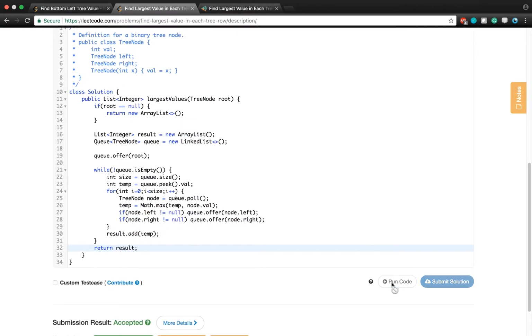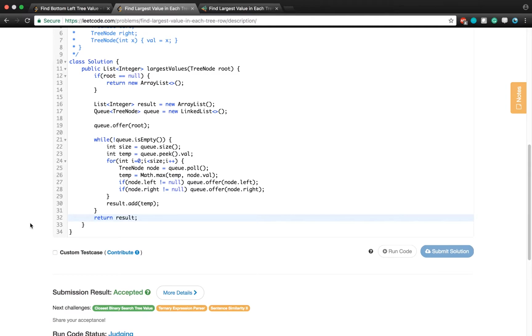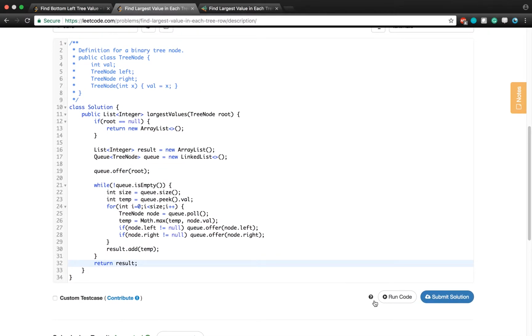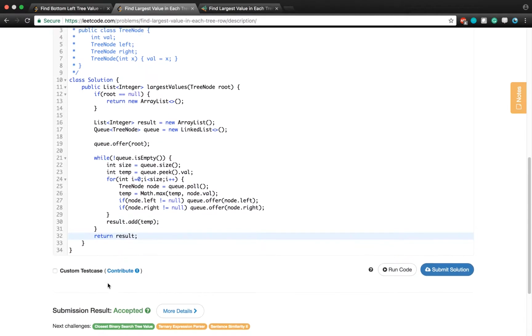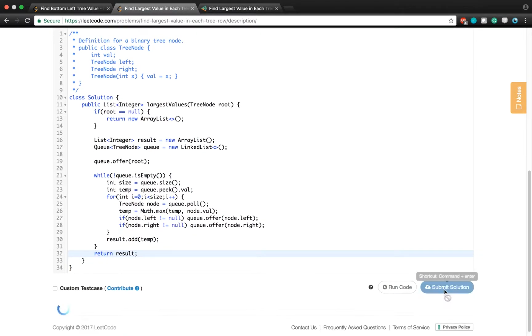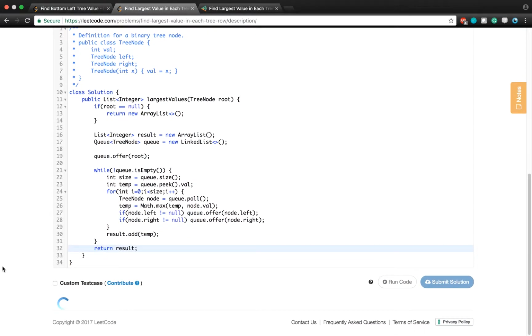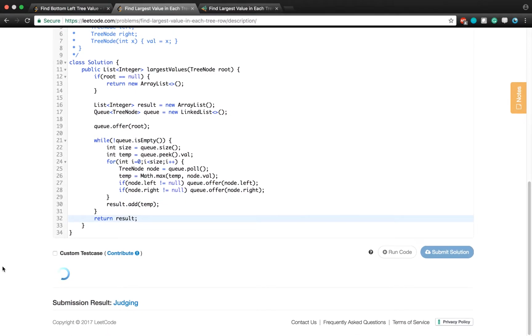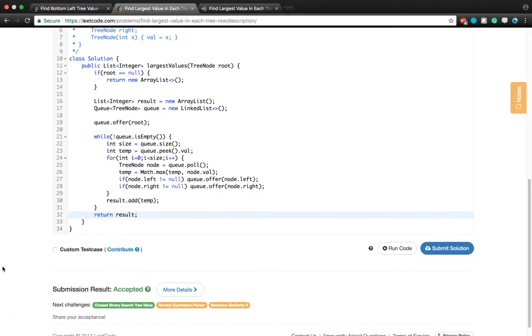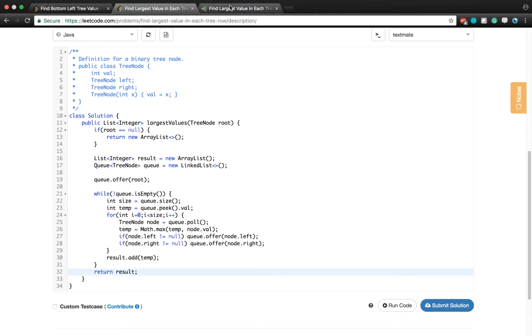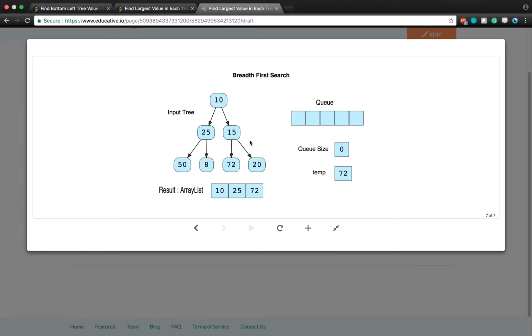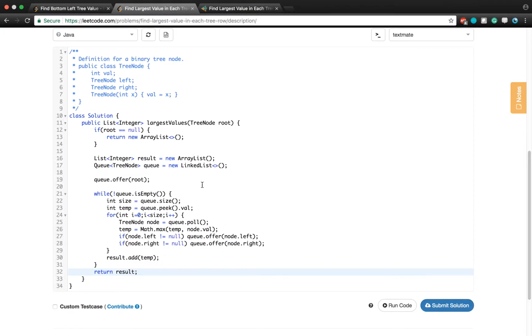So let's see if this works. Yes, this works. So this code is basically the same thing that I've explained here. I just add everything to the queue and I poll it and keep track of the largest value, and I return that